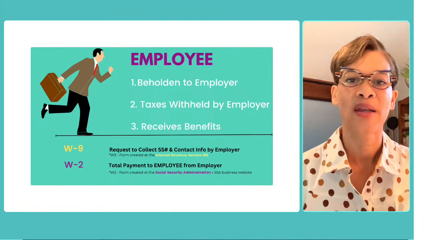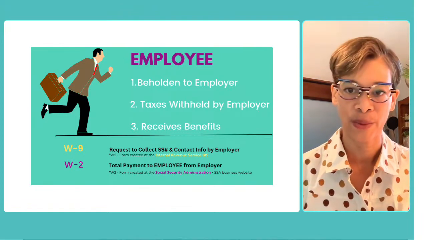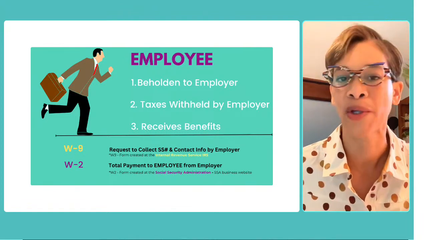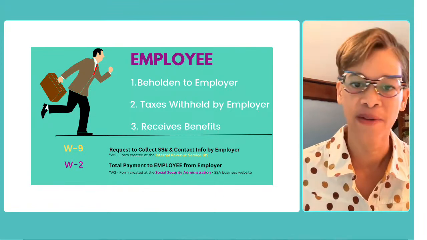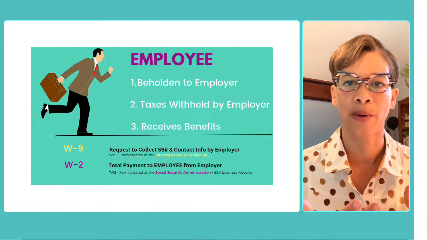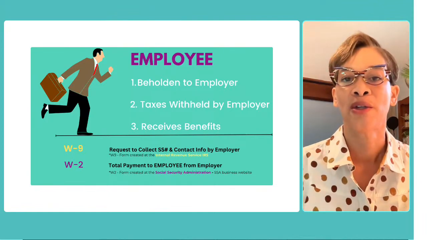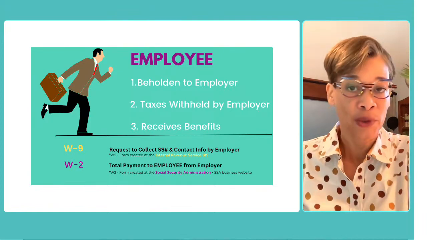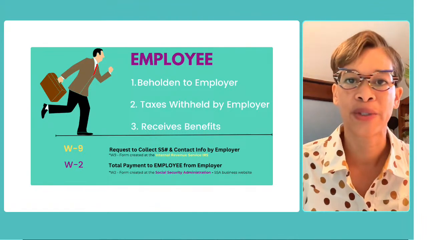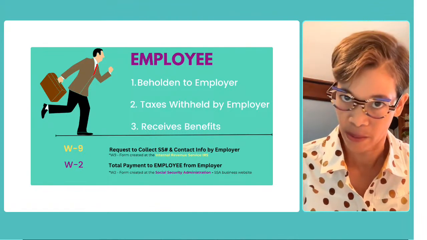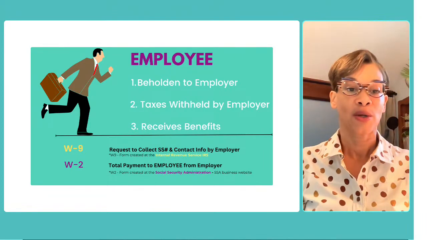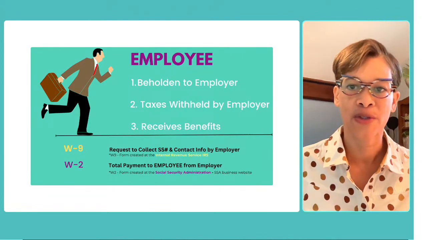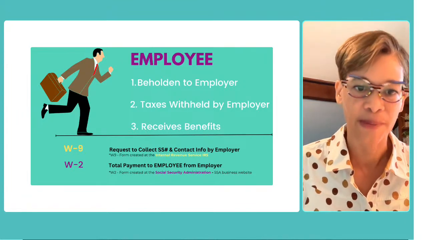So the W-9, the same W-9 which I just mentioned before, is also requested if you're an employee. You still need to fill it out. It's collecting the information, again, your social security number and your contact information, so that it grants permission to your employer to have that information from you so that they can proceed to remit the filing forms that they're required to do. So the W-2 is what many of us are familiar with as employees.